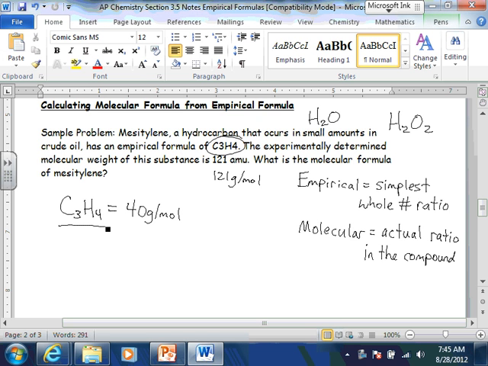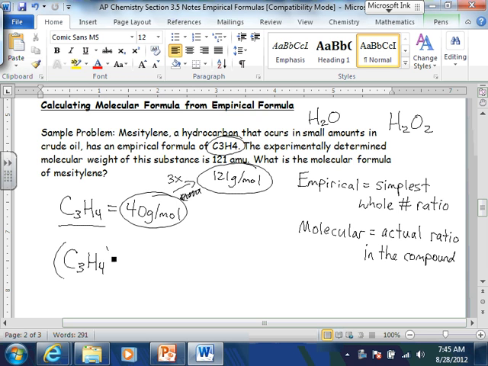It looks like the actual compound, well, here I should have drawn the arrow the other way, it's about 3 times larger than our empirical formula, okay? So that means we need to multiply our empirical formula by 3. C3H4, if we multiply that whole thing times 3, that's going to give us the actual molecular formula, okay? Which is going to be